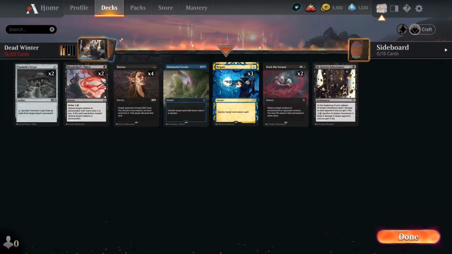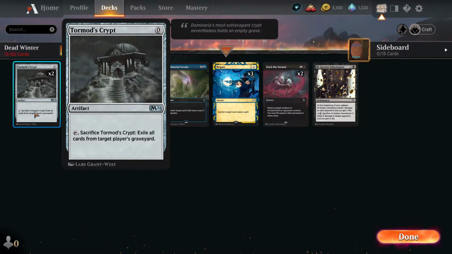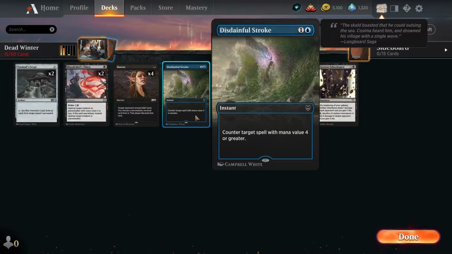Now, as far as the sideboard is concerned, as always make adjustments based on whatever the current meta is handling. And for now, we're going to have a couple ways to mostly protect what our zombies are trying to do, and at the same time, find a couple ways to punish our opponents if they're trying to get a little greedy. In this instance, 2 copies of Tormod's Crypt as your graveyard hate, 2 extra copies of Bloodchief's Thirst to round out a full package, a full playset of Duress, a Disdainful Stroke to deal with some of the bigger